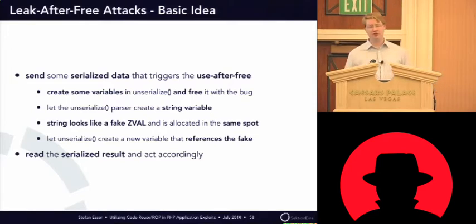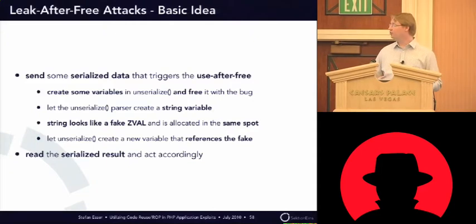The next thing you want to do in the unserialize is to create a string variable of the same length as the internal data structure used by PHP to keep track of variables, which is called zval. And if you create a string inside the unserialize that looks like a faked zval, it's theoretically possible to use it. And because of the memory cache, it will be allocated in the same spot as the previously freed variable. And what you can do now is you can use the reference